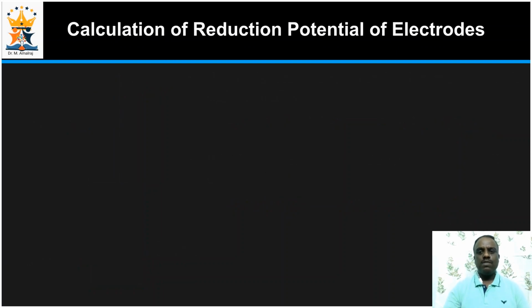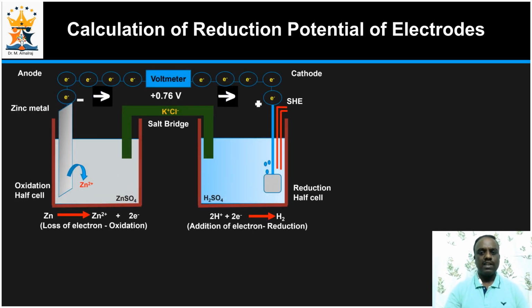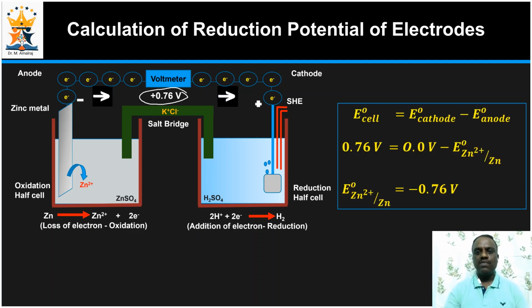In case if you wish to measure the potential of zinc electrode, construct a galvanic cell by taking zinc as one half cell and standard hydrogen electrode as another half cell. Once the connection is done, the voltmeter will show how much voltage is produced as a result of cell reaction, and here 0.76 volt is produced as a result of cell reaction, and the overall cell potential value is calculated by using this formula, that is E naught cell. That E naught cell represents the overall cell potential, which is equal to the difference between the cathode and anode reduction potentials.